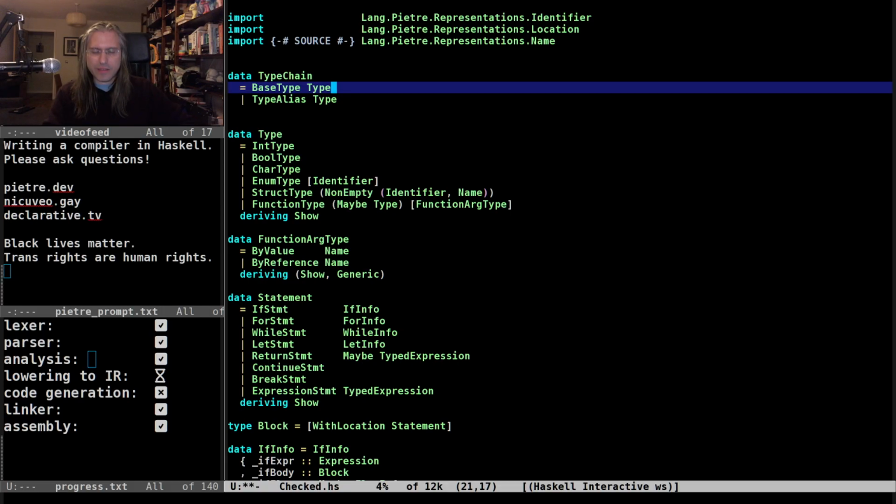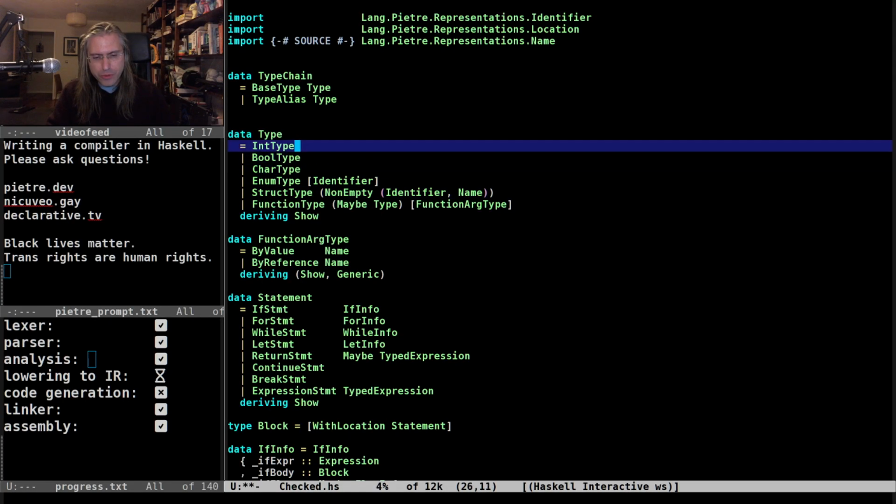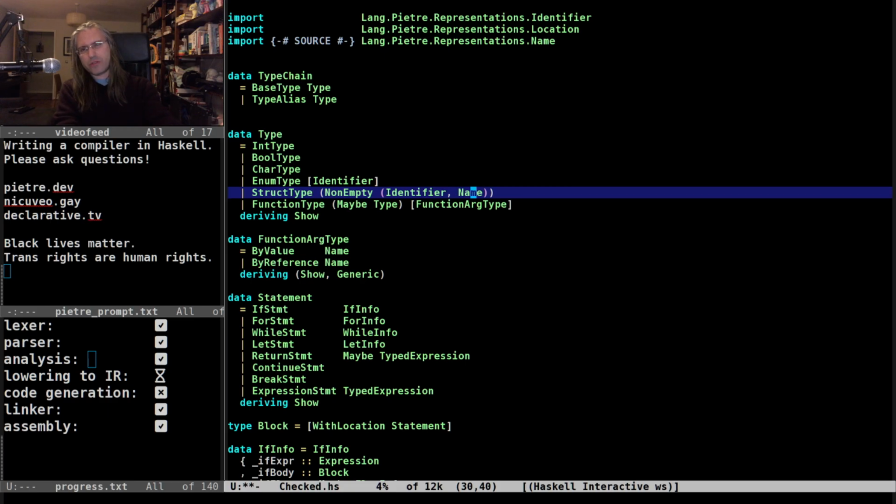For instance, if I have a type alias, can it be pointing using a name that contains parameter information to just another type? But the problem is name is not specific to a type. That's the whole thing I'm trying to avoid. I'm trying to avoid having things where the representation can point to something that's incorrect. But I think the problem is if I don't create this indirection, then that's a cyclic graph of types. And also this information does not allow me to, well, except if I have name here, does not allow me